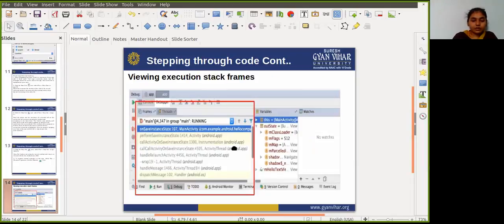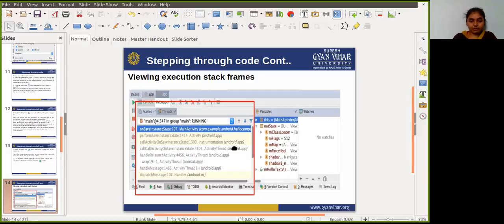Okay. Next point is the frame window. The frame window of the debugger window allows you to inspect the execution stack and the specific frame that caused the current breakpoint to be reached. The execution stack shows all the classes and methods that are being executed up to the point in the app, in reverse order.